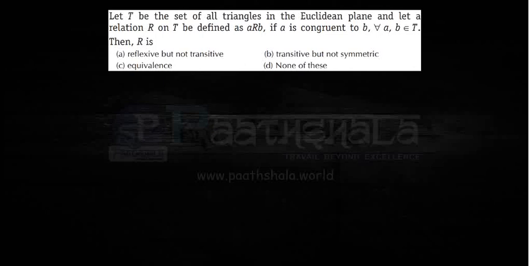Let T be the set of all triangles in the Euclidean plane, and let relation R on T be defined as A is related to B if A is congruent to B for all A, B belongs to T. That is the set of all triangles in Euclidean plane. Then R is,